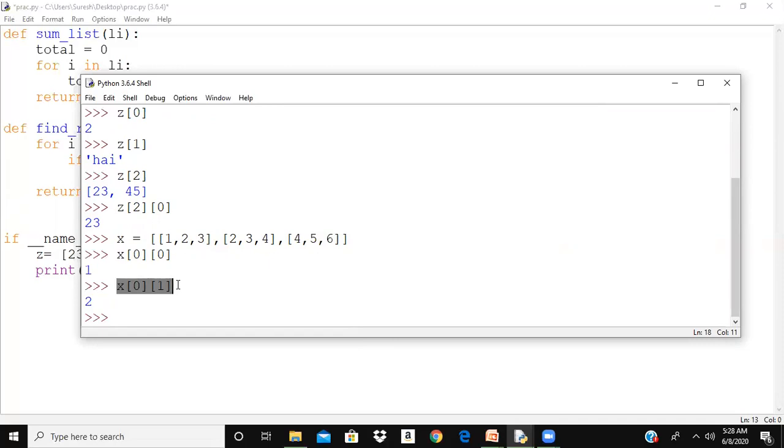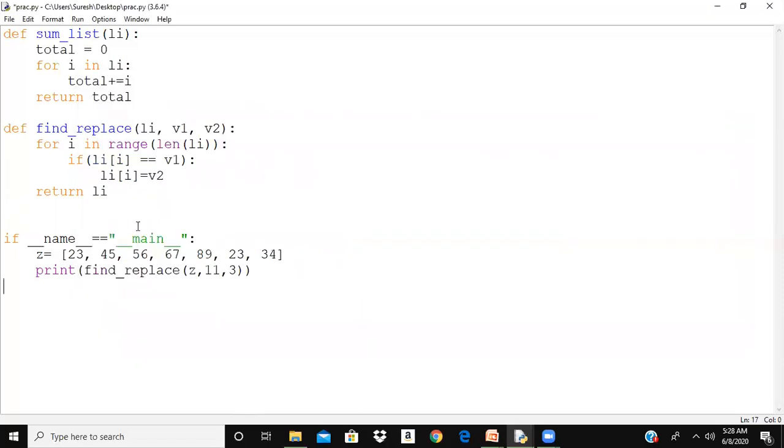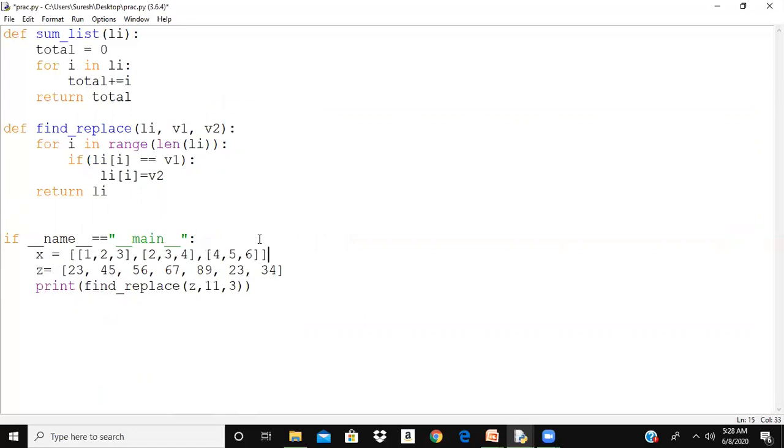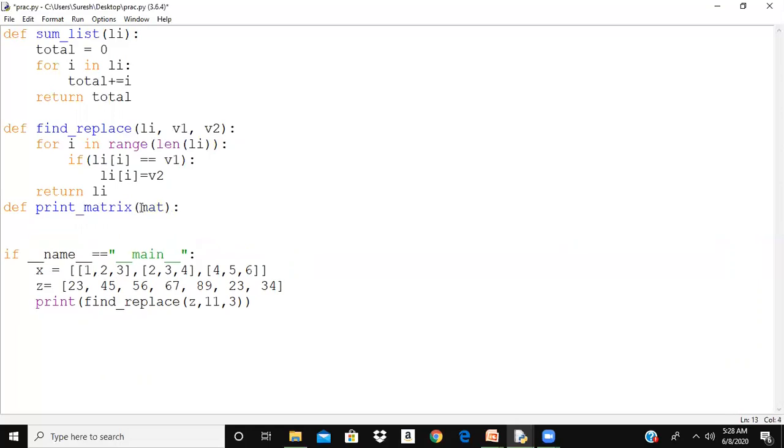So now I need to create a matrix and I want to print it as a matrix. So a matrix can be created like this. This is a simple way to create the matrix. Okay, then if I want, I can print a matrix also. So here I am creating this x. I want to print the matrix, so I am writing the function def print_matrix. Okay, I need to pass a matrix to this. I'm calling it as mat. Okay, if I want to print a matrix like this, I should use for i in range